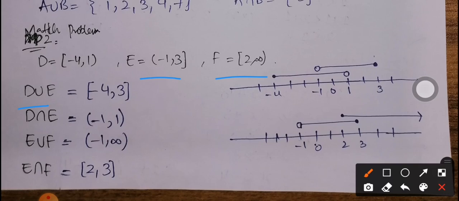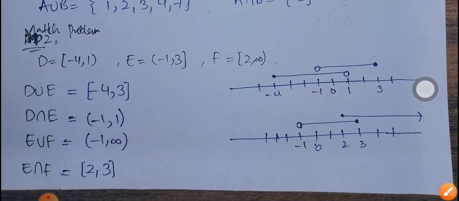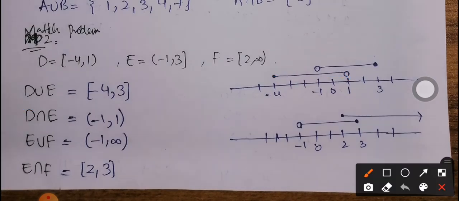So when we have D union E, here I have drawn the real line, and the interval D is from minus 4 to 1. So here you can see I have mentioned minus 4 to 1. This dot is representing that this point is included and the hole is representing that the 1 is not a part of the interval. Next, the interval E is minus 1 to 3. Here minus 1 is not a part, so I'm using a hole over here and included the 3, so a dot over here. So you can see that I can easily write down the union now.